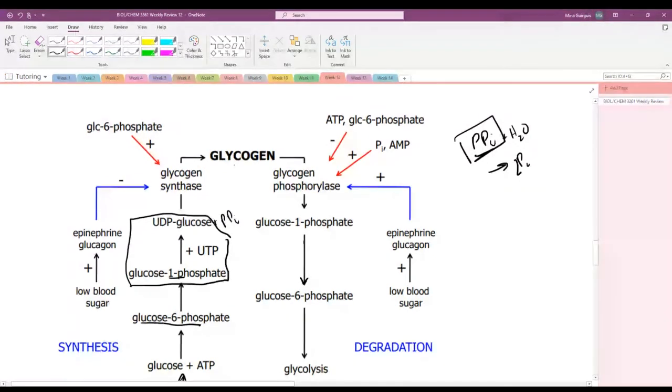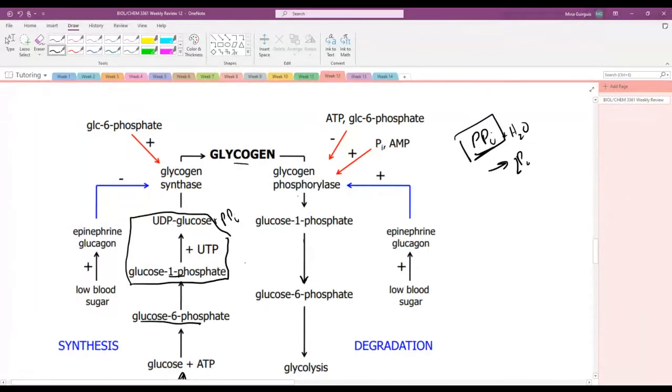Then, like I mentioned, glycogen through glycogen phosphorylase gives us glucose 1-phosphate, and we just do the reverse of this, right? Glucose 1-phosphate, using that phosphoglucomutase, gives us glucose 6-phosphate, which can then proceed through glycolysis. Okay, so